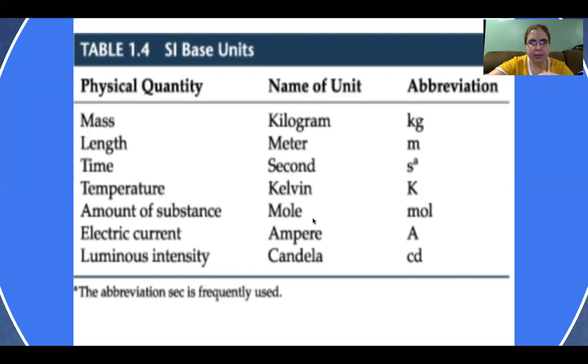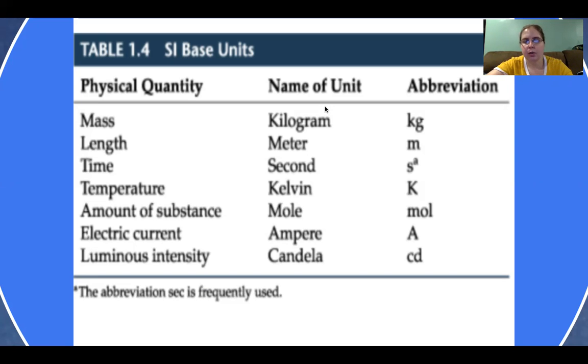What we're going to deal with is more so the other 5 that we already mentioned. Here are the main units. We have the kilogram, meter, second, Kelvin, mole, ampere, candela. These are the 7 main SI units that are used for each of these